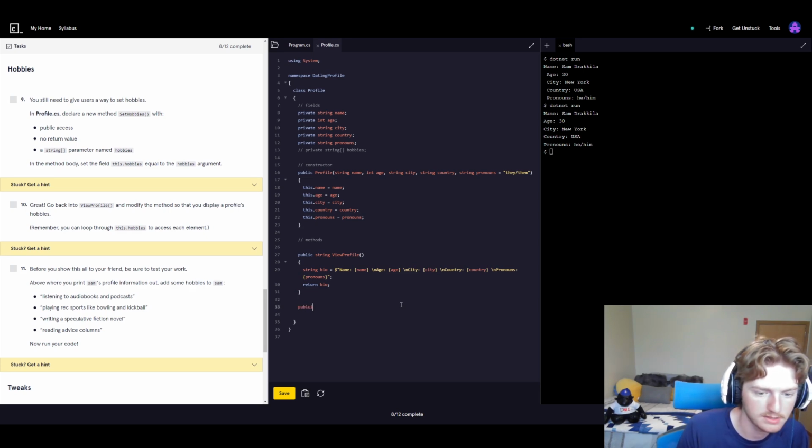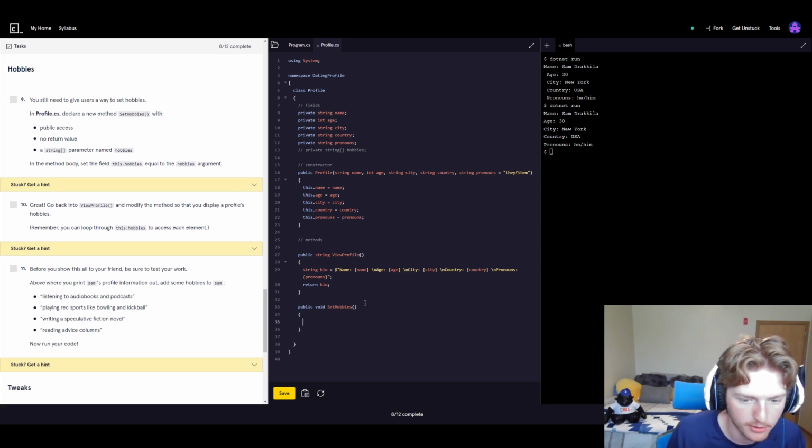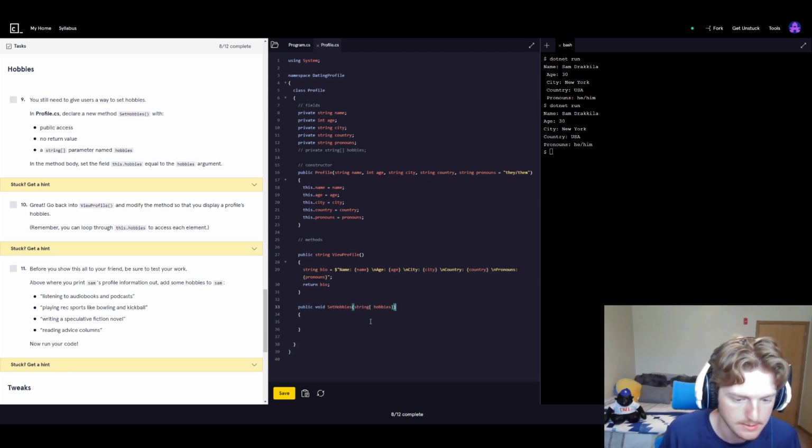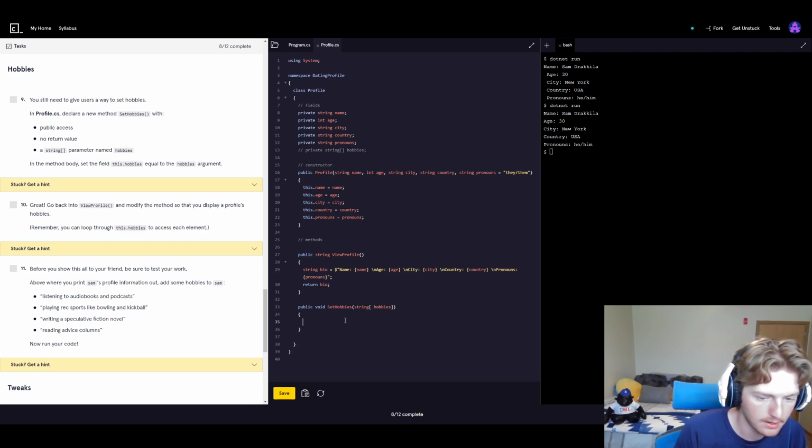It should have public access, no return value, and a string parameter named hobbies. And inside here, it should just set the field this.hobbies